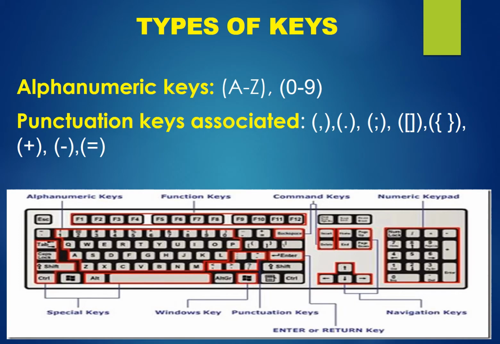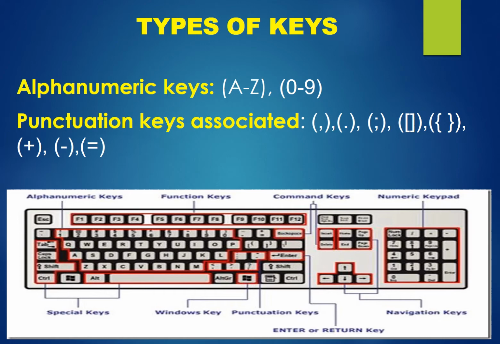For giving input to the computer, we use many input devices like mouse, touch screen, character or voice recognition, but the use of keyboard is the most common method adopted for input of data into a computer. A computer keyboard contains many types of keys. Now let us see the types of keys. First one is alphanumeric keys. All of the alphabets and numbers on the keyboard are called alphanumeric keys.